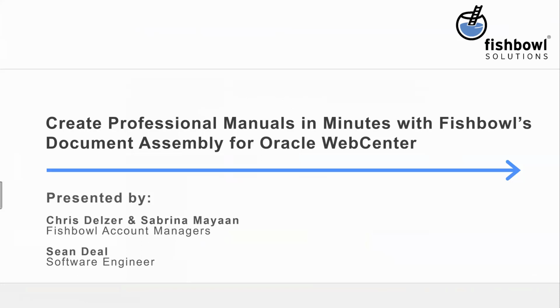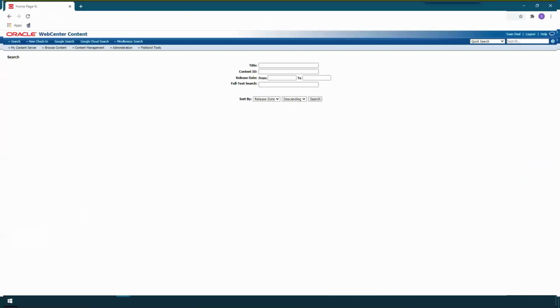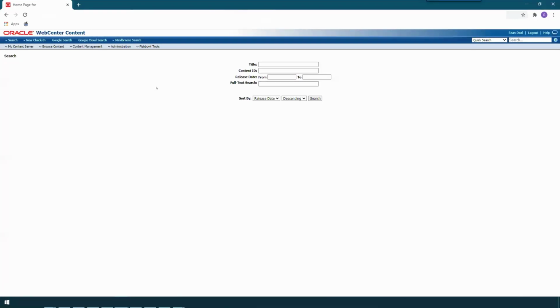This one is kind of a special edition because we're actually going to be debuting a new Fishbowl product, Document Assembly. Hello everybody. So here I am in WebCenter on the standard homepage, and I want to make a new